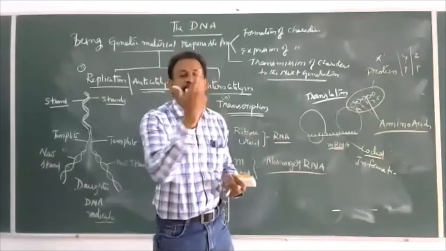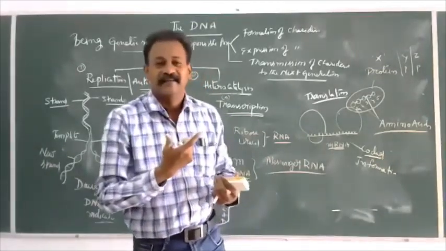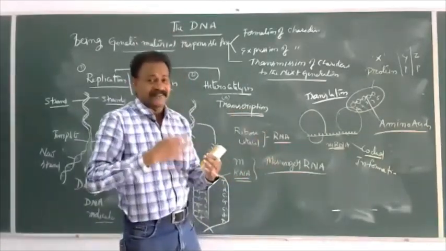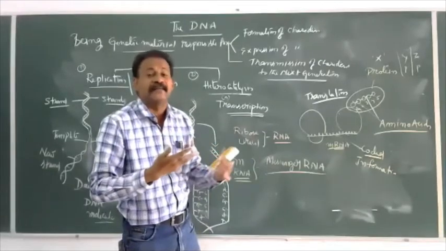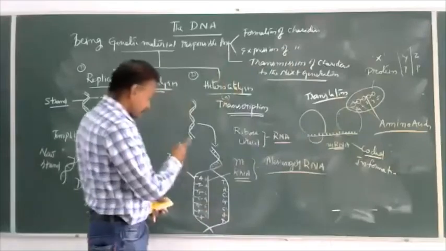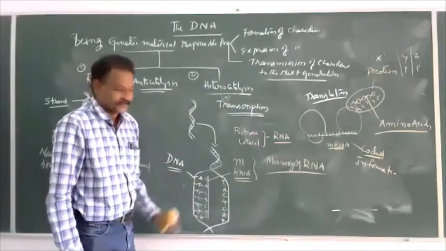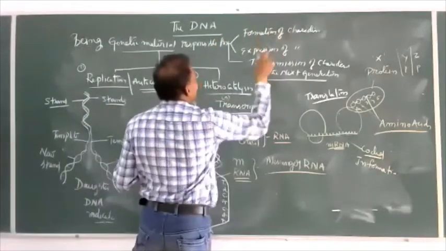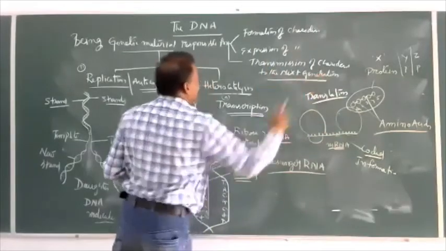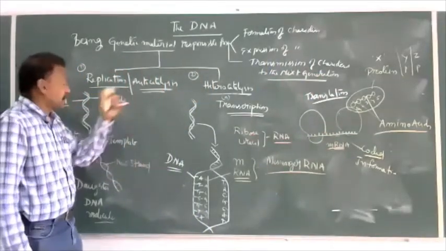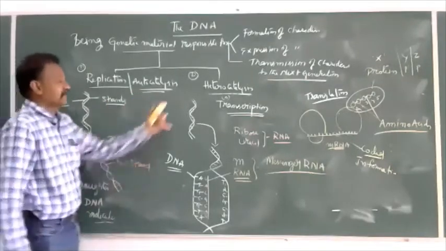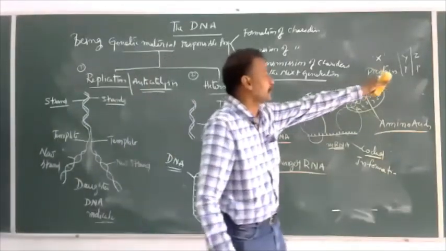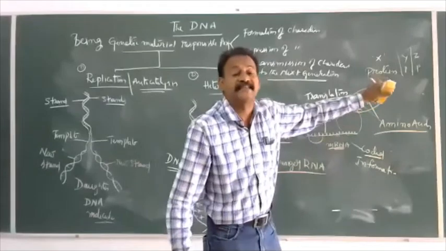A bacterial cell is made up of a few hundred proteins. A eukaryotic cell is made up of thousands of proteins. Like that, the complex cell with so many proteins is nothing but the expression of the gene or DNA. So the main genetic material, responsible for formation, expression and transmission of characters, can be studied by replication or autocatalysis. After this, heterocatalysis or transcription and translation lead to the formation of proteins. The process is simply called protein synthesis.